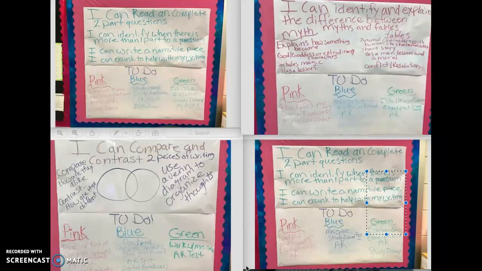They come in, they see what they need to do. If we do need whole group instruction, we do that first, and then I go through and I explain each colored group, what they're going to be doing that day, and then I tell them, get to work. And I pull the group that I'm going to be working with, and I work with them. And that is my project, and that is my 1.7, why I chose the assignments that I chose,